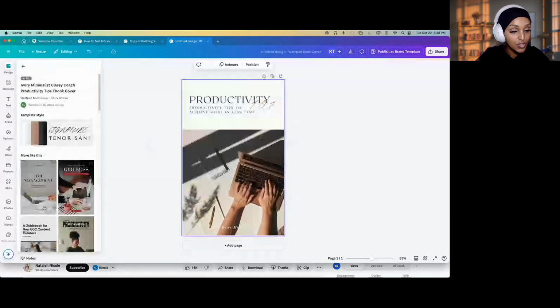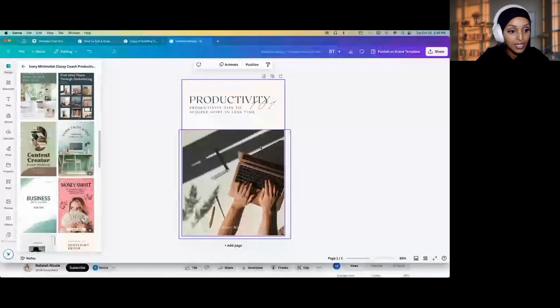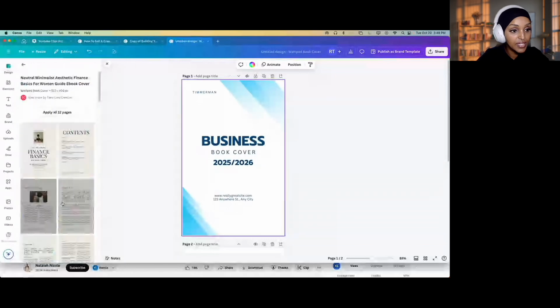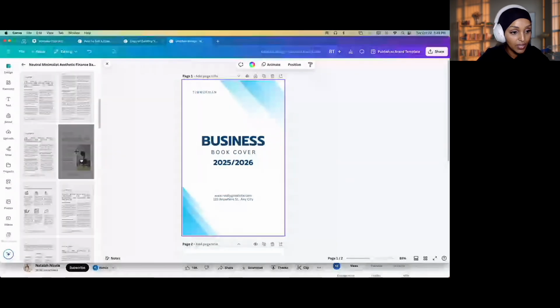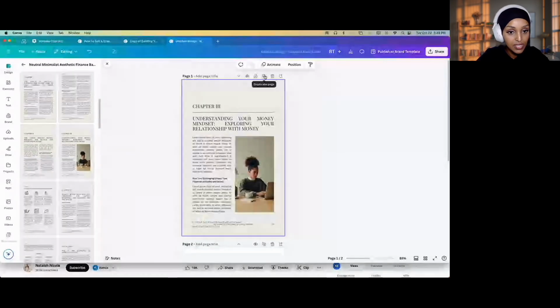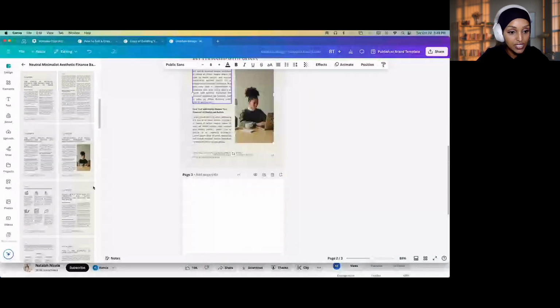And the best part is you can pretty much pick from any one. And then what we're going to be doing is customizing it. We're going to customize all this, and it's such an easy way for you to do this. Let me see if I can find one. Here you go. So here's one where you could literally use these as a template. So I like to use something like this because when you're creating an ebook, you want to keep it very simple, easy to read, easy to digest.